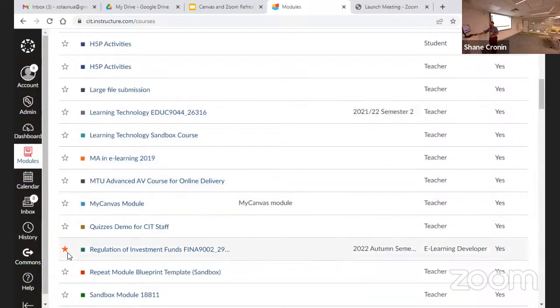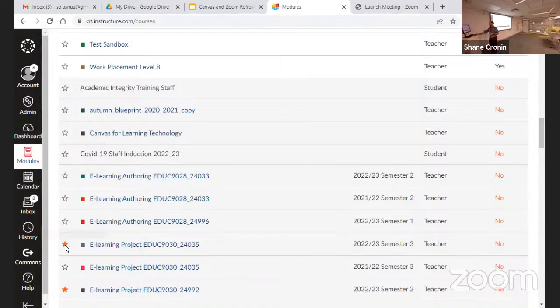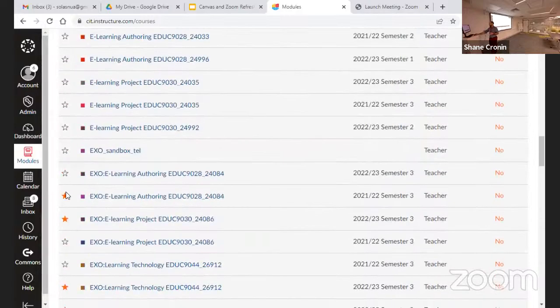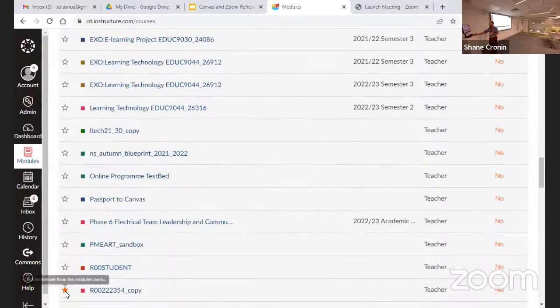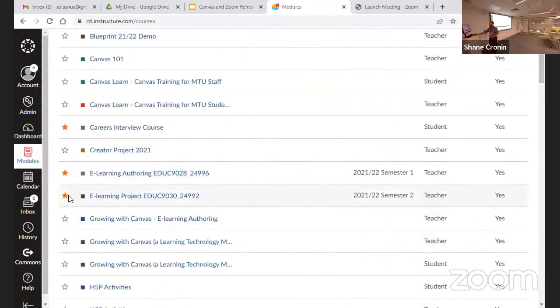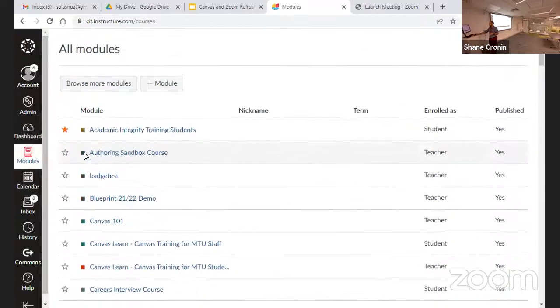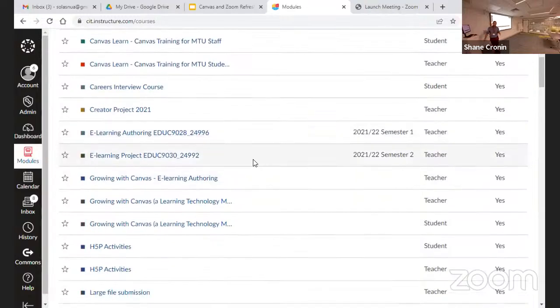So basically at the start of it, if I just untick all of this a second, these stars on the left-hand side are all the modules that are actually on your dashboard. So the initial thing you'll do is you'll go in and you'll just tidy this up and find out what it is you want to focus on for the semester, okay? So I have a number of modules there. I want to find one for this current semester, and I just want that to be my only module on the dashboard for now. To do that, I look for the column with the term, which is your semester,